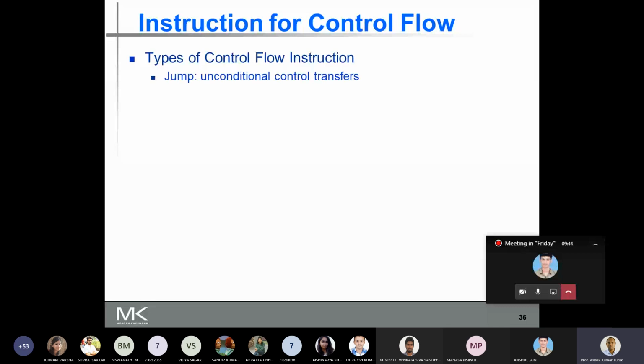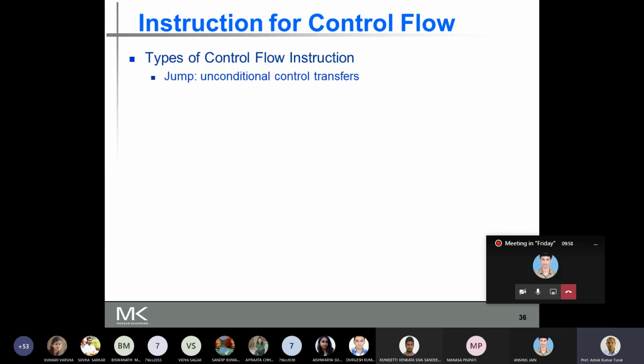Then let's look at the control flow instructions. There are typically four types of control flow instructions. In control flow instructions, the flow is transferred from one location to another location.